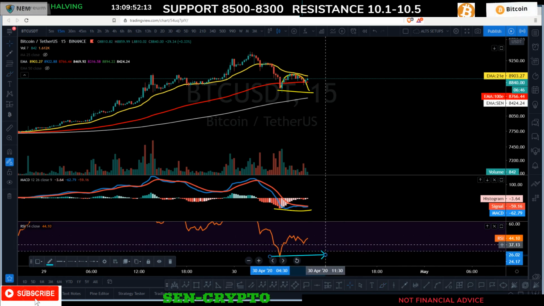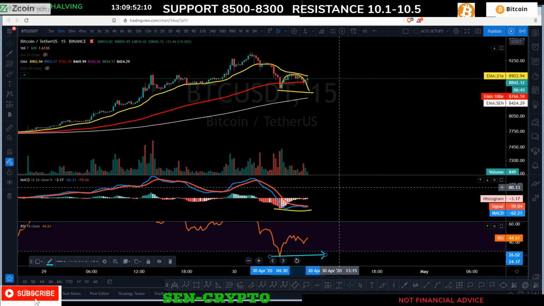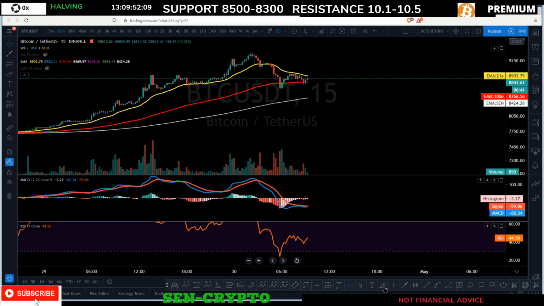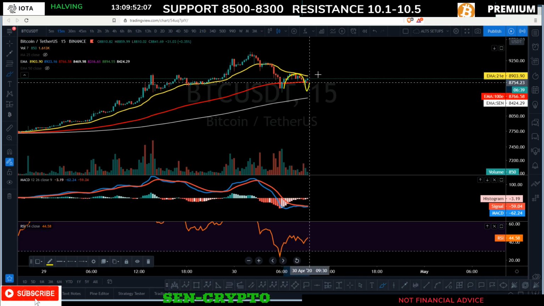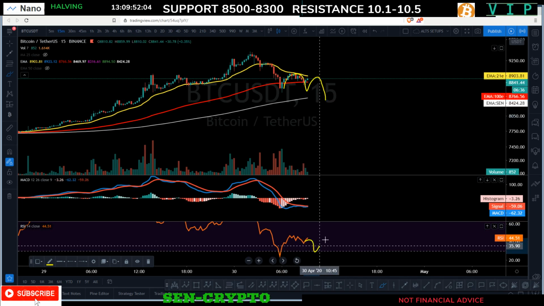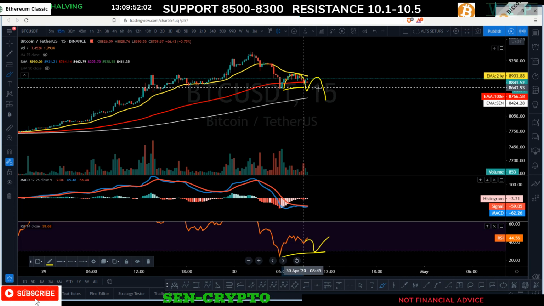So on the hourly time frame, pay attention to your MACD crossover and your bullish divergence, okay. RSI can even double bottom. It all depends what type of structure we can get in this range, because we can get a triple bottom, right? We can get this move, right, and this move. So RSI is going to do this and do that, and then you're going to get the divergence, right? So let's keep that in mind.